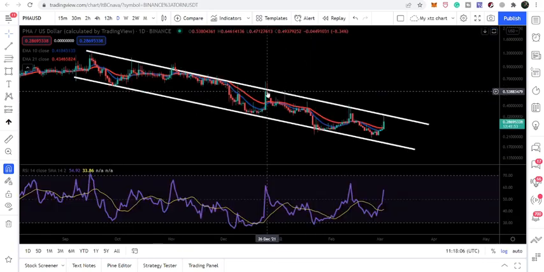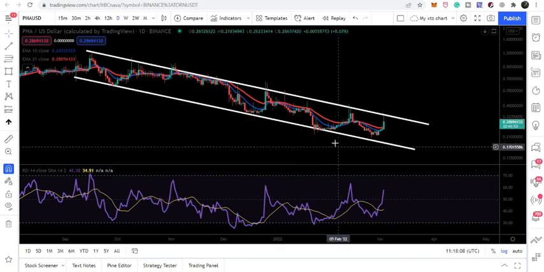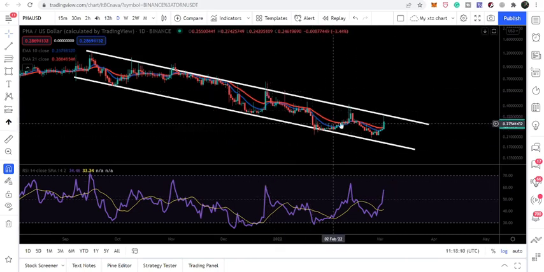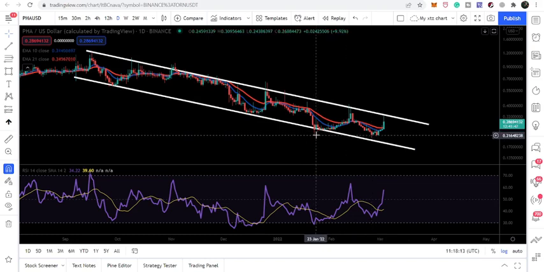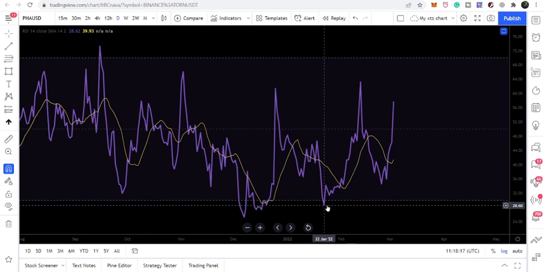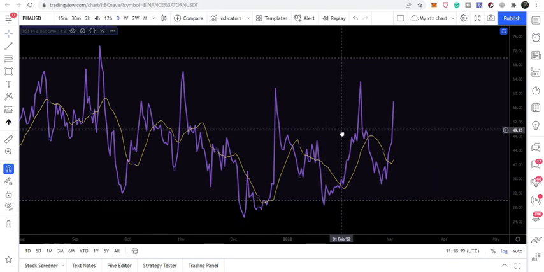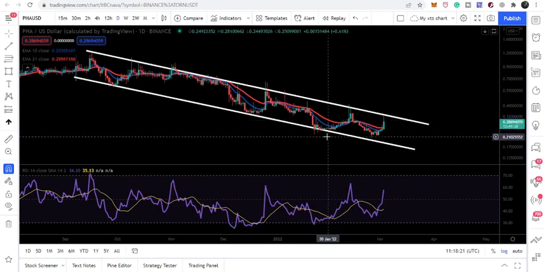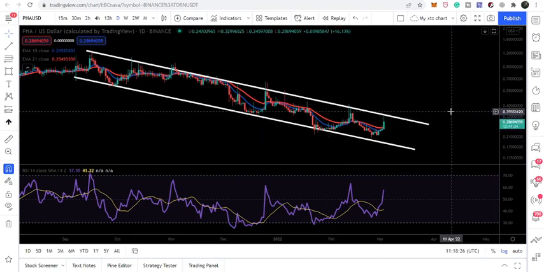Now, if we take a look at this RSI oscillator here, then we can see when the price line was forming this low and the next low was lower than the previous low, but RSI was forming the opposite. It was forming the next low higher than the previous low. Therefore, there is also a bullish divergence on this daily time frame,